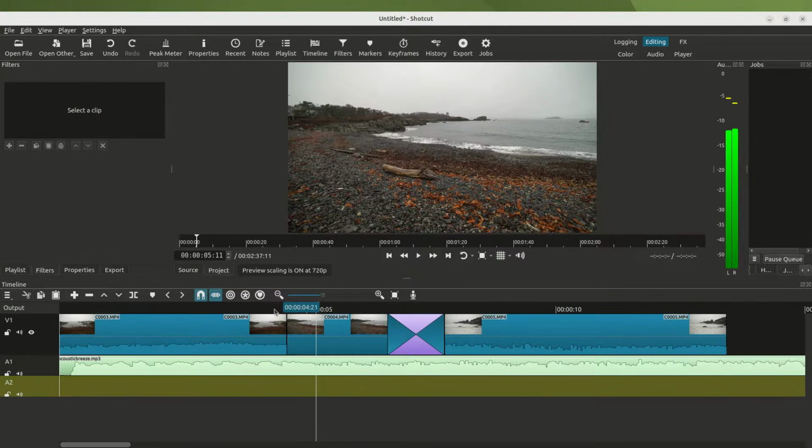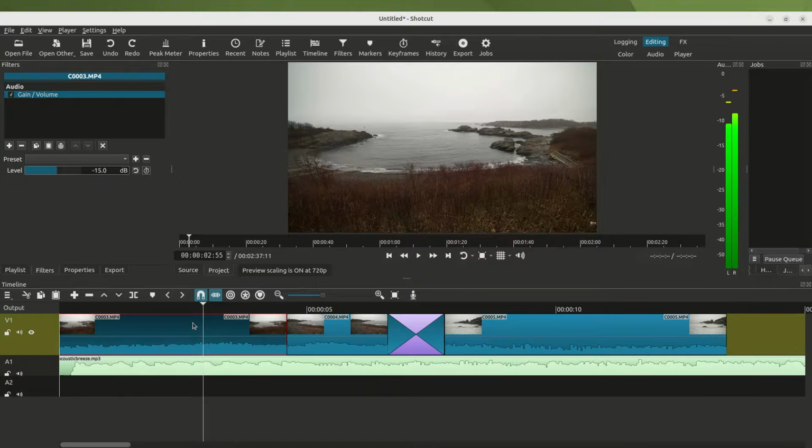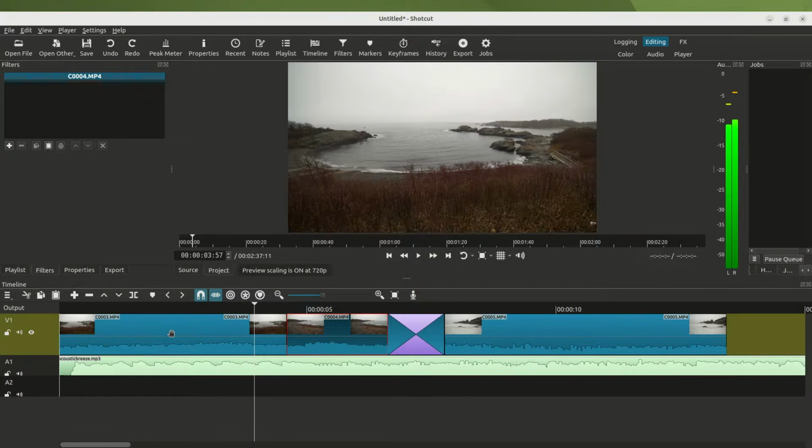But let's undo that, because I actually do want to hear the audio a bit. So let's put the audio back with the clip. We just undid all that. I want the audio to be exactly where it is with this clip here. So I could add a gain filter to this and turn it down to negative 15 like it is with this clip here. But an easier way to do that is to click on the clip that you just put the gain filter on,